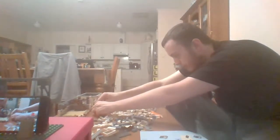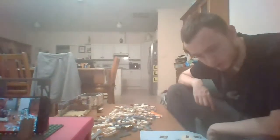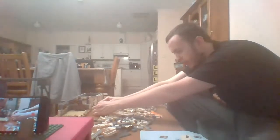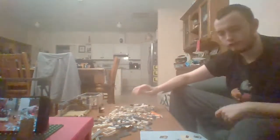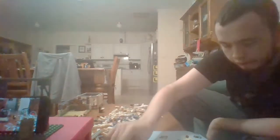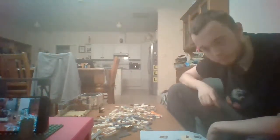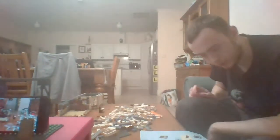I've pointed out the interesting build techniques that they've used in the building of this assembly square modular. And I like to give credit where credit is due for interesting and unique building techniques, because that just shows how far the designs of sets have come over the years and how much better their craft as set designers are. Because there's so many